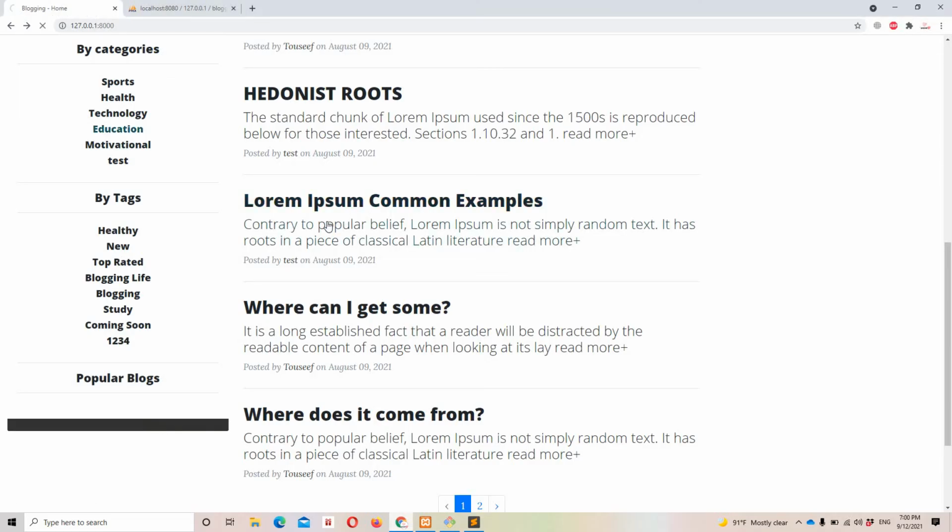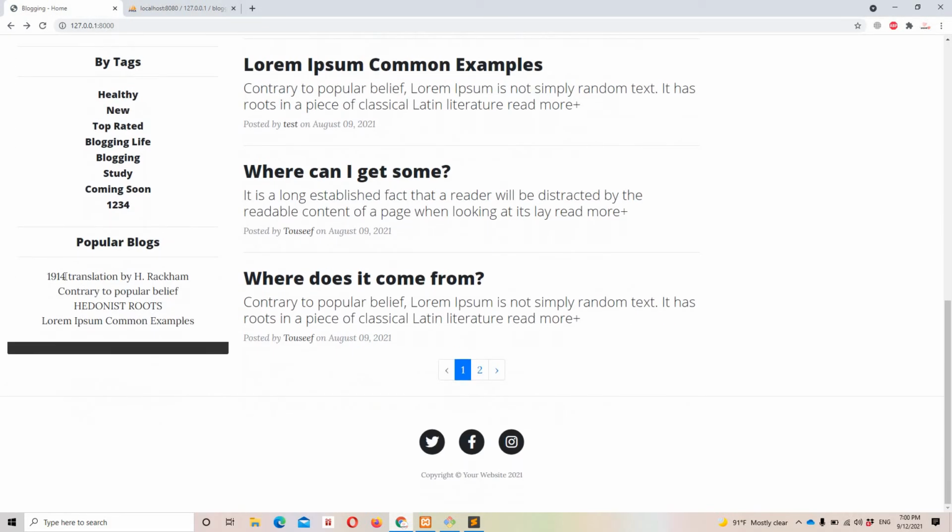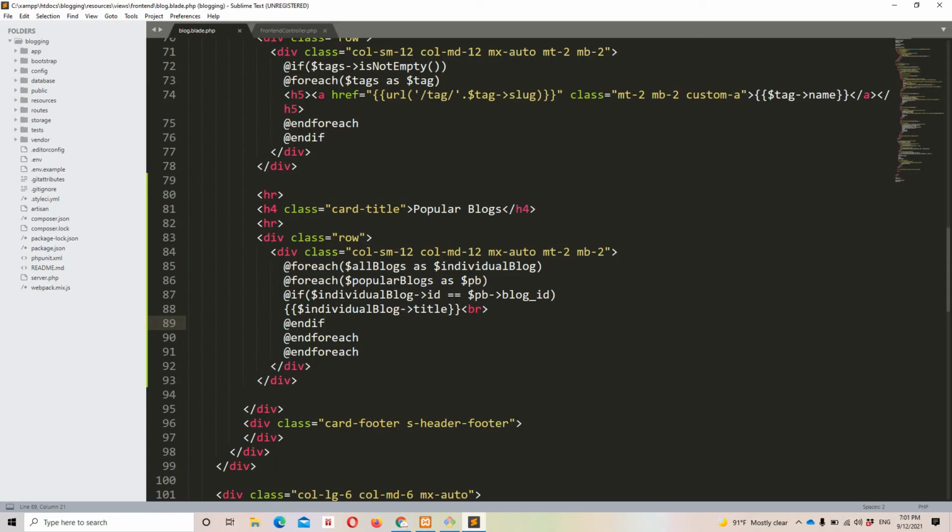Let's do a refresh and let's see what we have now. Okay, so now you can see we are not showing all the blog titles. Why? I just told you, we are getting all the blogs, we have the popular blogs, we are matching the ID, where blog ID matches the popular blog ID, we are going to display that specific record only, and that's it.